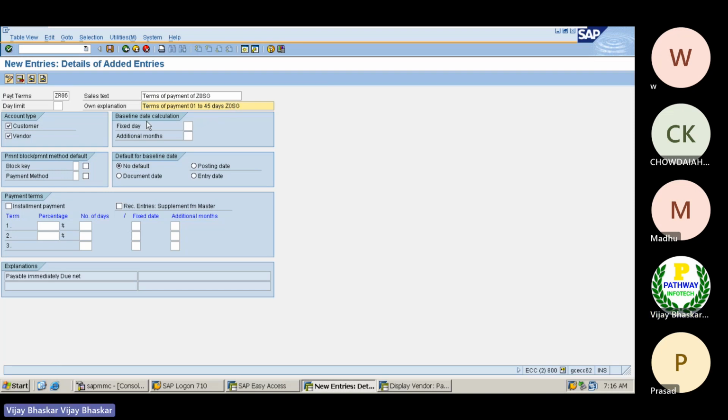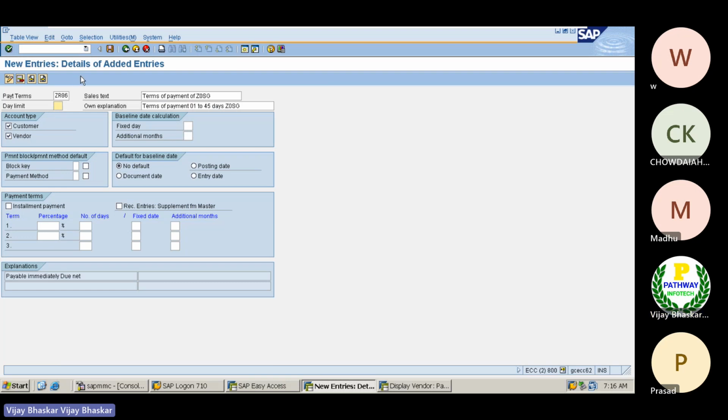Then baseline date calculation. Here you can see, first, the account type and the day limit. If there is a particular day limit, you can specify, from the baseline date onwards, within 10 days if you want to calculate. Then the account type, as I mentioned, determines whether it should be applicable for your customer or vendor.